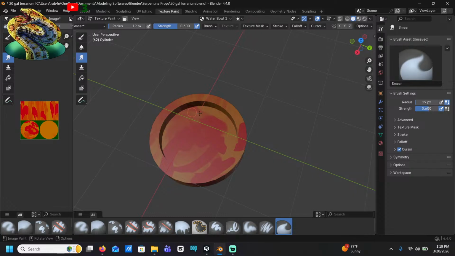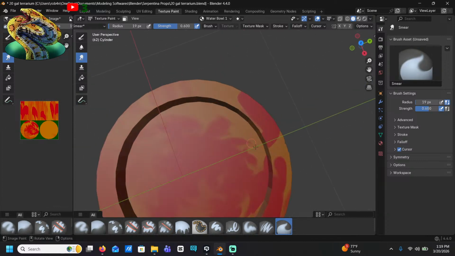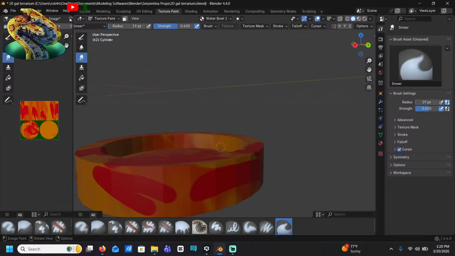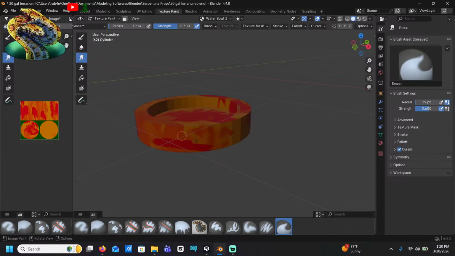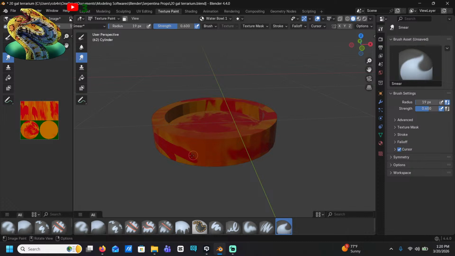Whee! Swirlies. It's so beautiful. I love it.